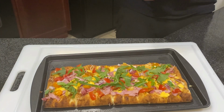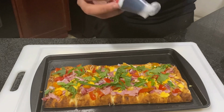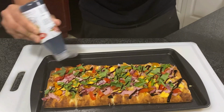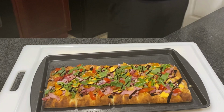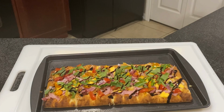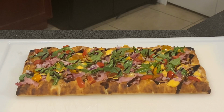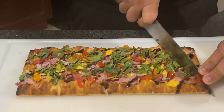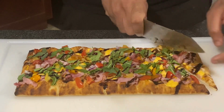All right, then we're gonna just top this off with some balsamic glaze before we cut it. That's a beautiful dish. Alright, so we're going to cut this one in triangles. So we're going to start at this angle. You can just go down, and if you release a knife,